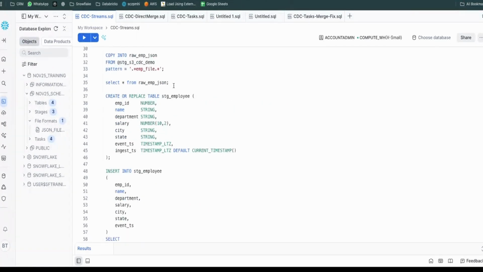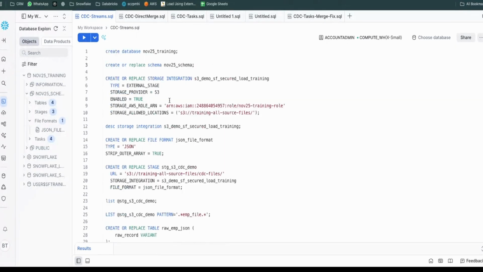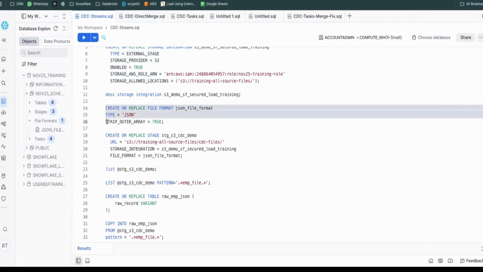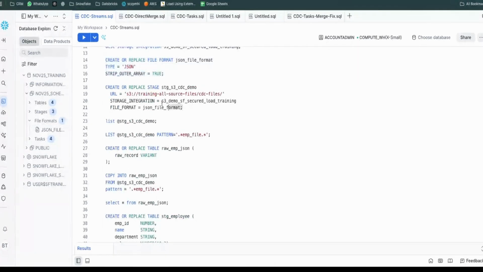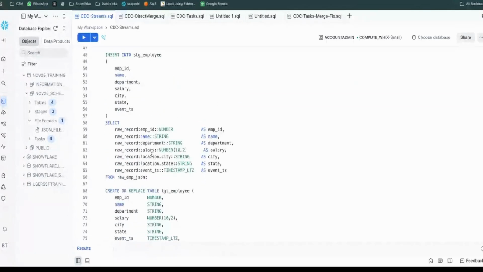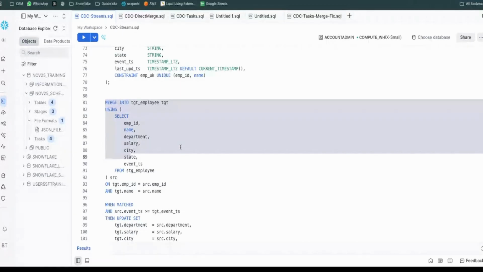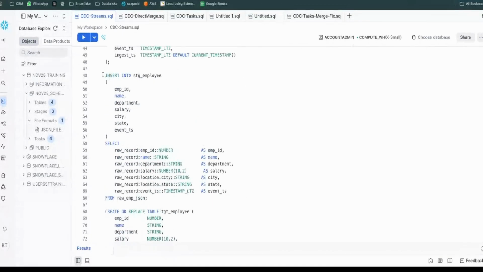Okay, this is something we did manually, right? So we have created the storage integration, we created a file format, and we have created a stage without having the task. We just implemented this change data capture only with insert or update, like that. Each and every time, suppose the record is a new record, this is the stage